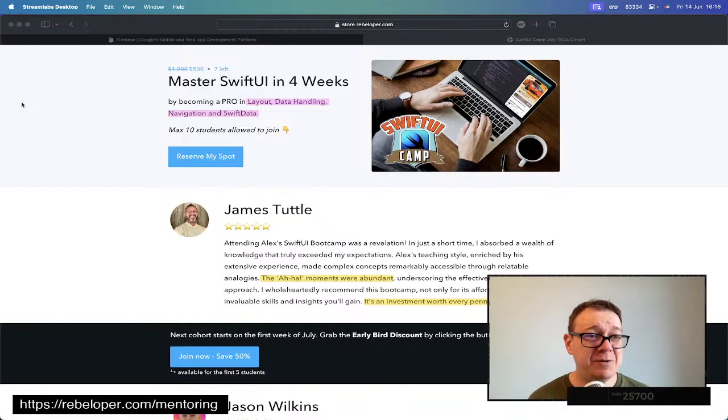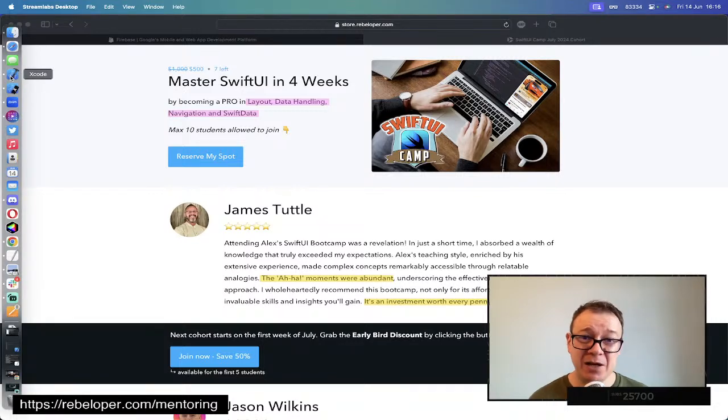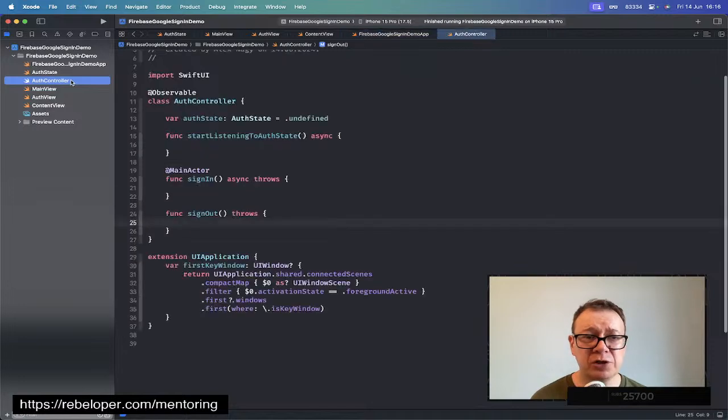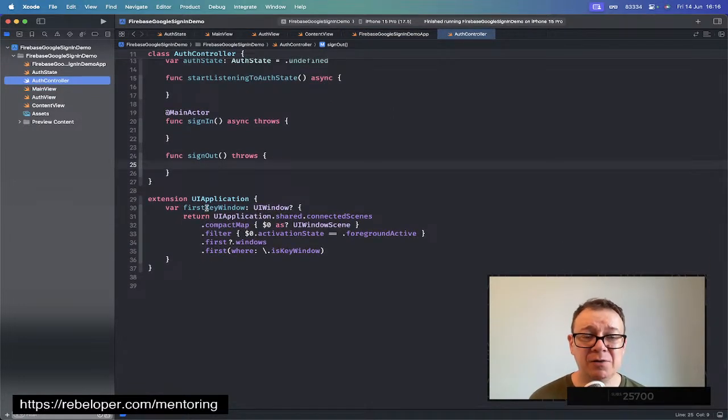So today we are going to sign in with Google and Firebase. I have created this starter project so I don't have to type out all of the skeleton SwiftUI stuff. I have created a brand new Xcode project, created an auth controller, which basically is an observable. We have this so we may have access to the first key window that is for us to present the sign-in page